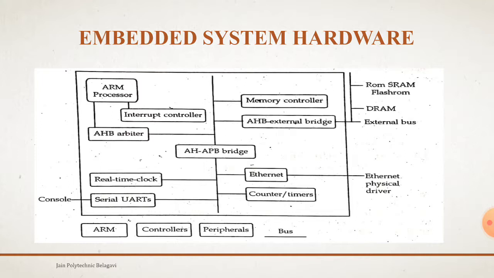Next, controllers. Controllers are mainly used to coordinate important functional blocks of the system. Interrupt and memory controllers are the two commonly used controllers. The peripherals provide all the input-output capability external to the chip and are responsible for the uniqueness of the embedded device. A bus is used to communicate between different parts of the device, that is, to exchange the data between the devices.